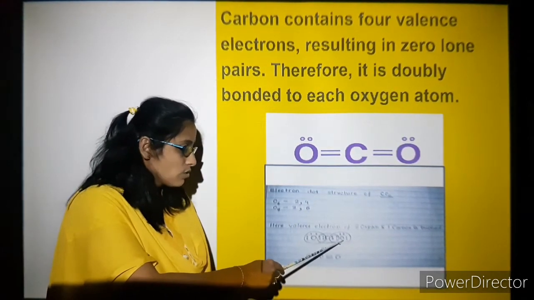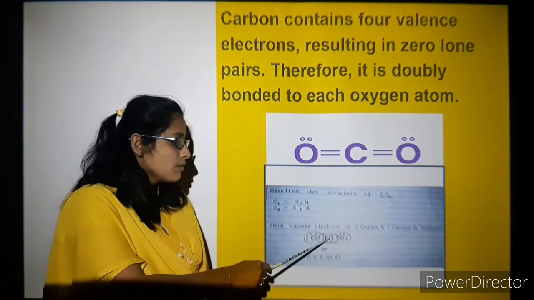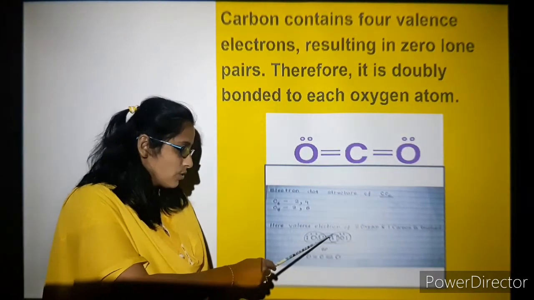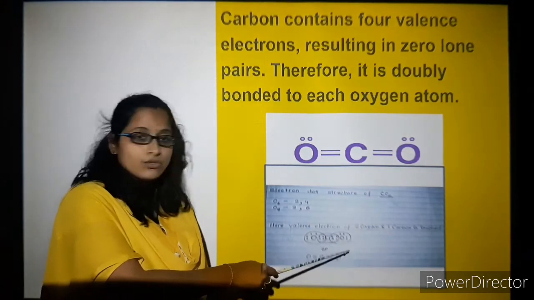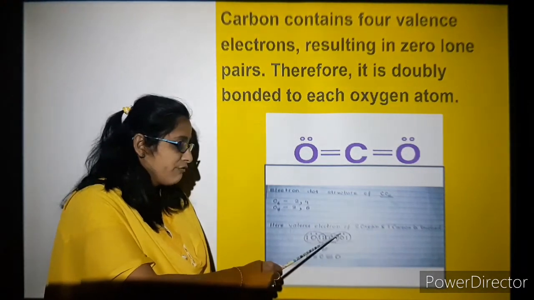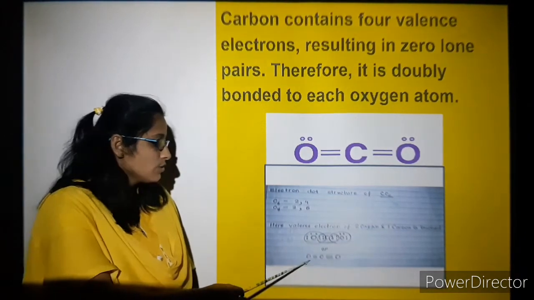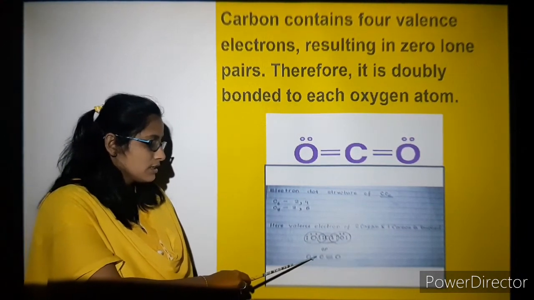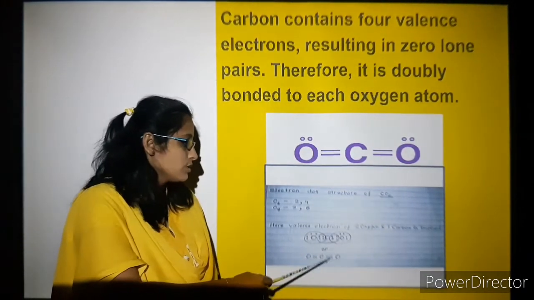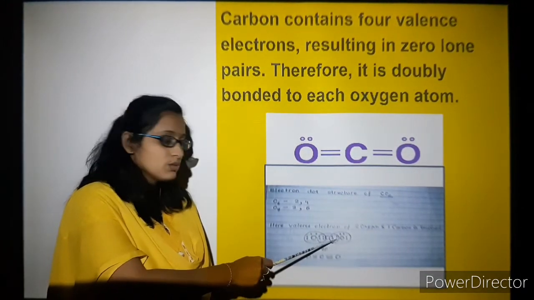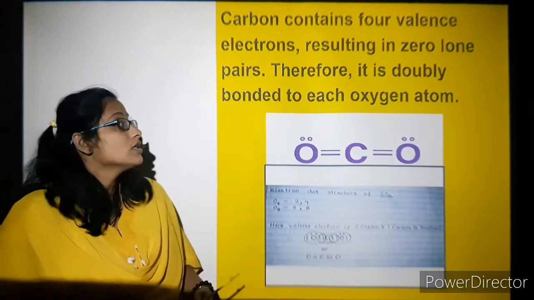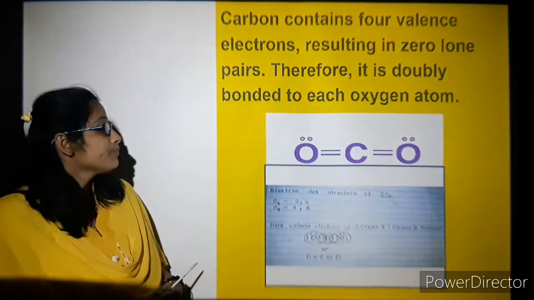And for oxygen here also, you can see that carbon's 2 electrons and oxygen's 2 electrons combined together are going to share their electrons. And you can see 1, 2, 3, 4, 5, 6, 7 and 8. So you can see that oxygen is double bonded to carbon and carbon is double bonded to oxygen. So you can represent it this way, as a dot structure or in the bond formation. So coming on to the next.